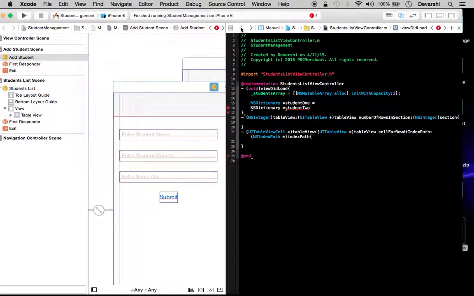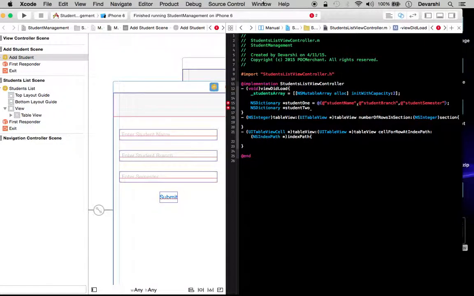So I will declare each as a key of this dictionary. My first key is studentName. My second key is studentBranch. My third key is studentSemester.